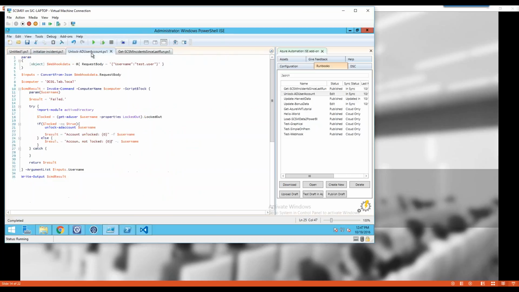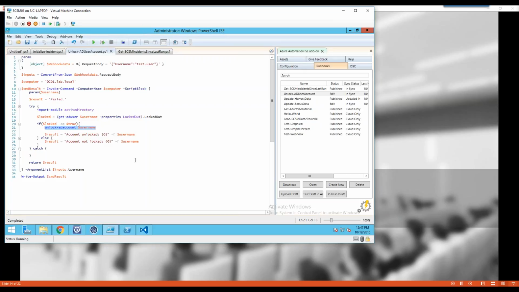So the first thing we need is a working script that unlocks a user account. What we've done here, really, unlocking a user account is as simple as running this PowerShell command. So this is how simple it is to just do it, but in order to deal with the user being wrong or the analyst being wrong or how it comes in, those sorts of things,